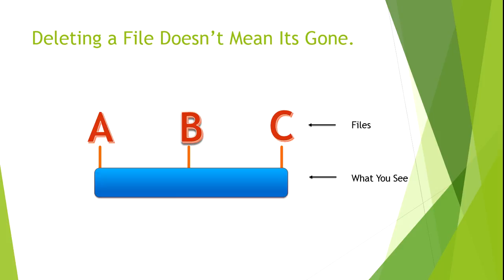Now, deleting a file doesn't really mean it's gone. Windows and other operating systems keep track of where files are on your hard drive through so-called pointers. Each file and folder on your hard disk has a pointer that tells Windows where the file's data begins and ends. When you delete a file, Windows removes the pointer and marks the sectors containing the file's data as available. From the file system's point of view, the file is no longer present on your hard drive, and the sectors containing its data are considered free space.